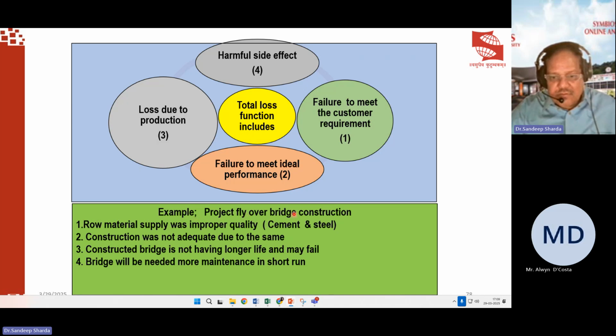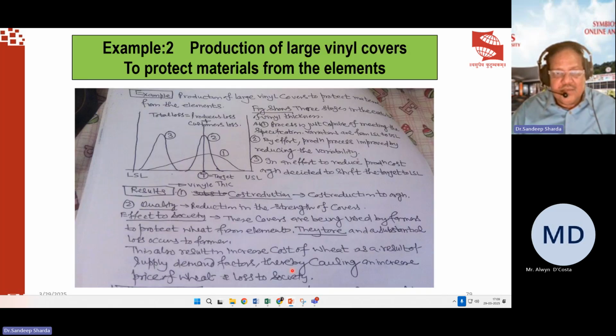Example: project flyover bridge construction, raw material supply was improper, with poor quality cement and steel. Construction was not adequate due to the same. The constructed bridge does not have a longer life and may fail. The bridge will need more maintenance in the short run. So these are the impacts of that total loss function as far as the societal loss is concerned. Example two is the production of large vinyl covers to protect the materials from the